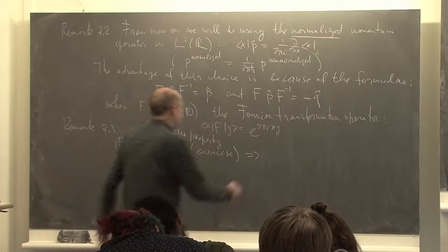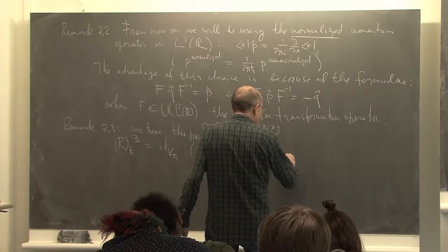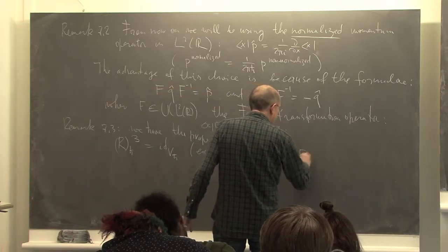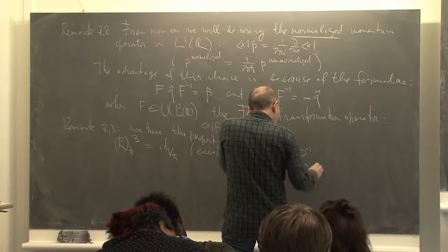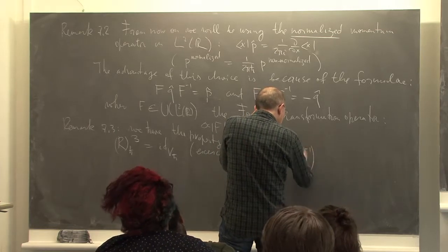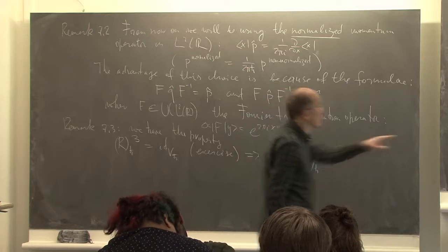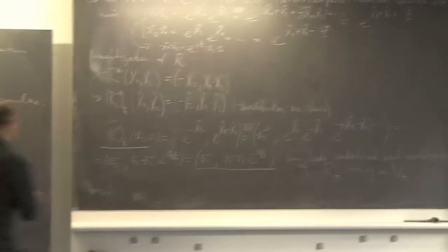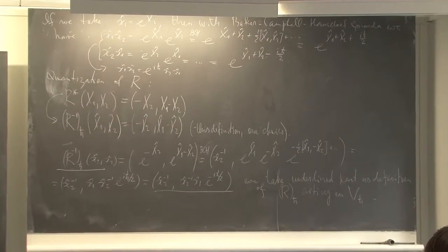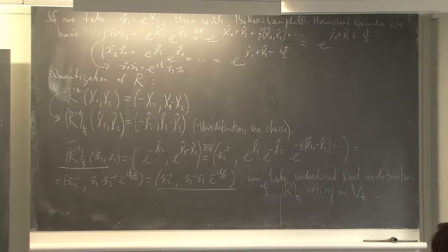Then R_ħ will be the square of R_ħ^{-1}, which is explicit here, and the formula will be